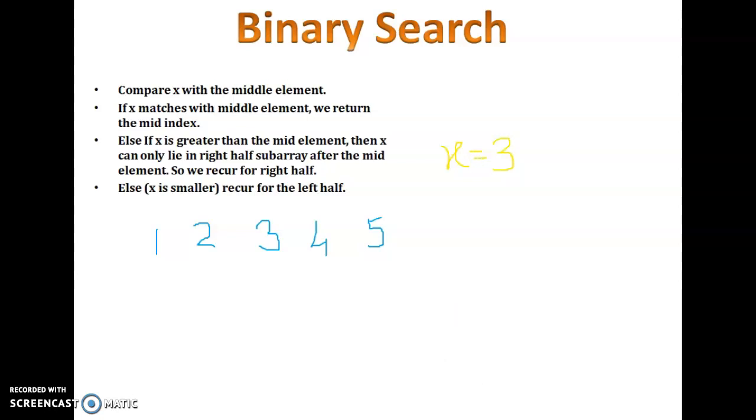Right. The entire part will be divided into two halves. According to the logic of binary search, the entire list will be divided into two halves based on the middle element. So I can take the middle element as this. So I'm going to take this one as the middle element. So according to the second rule,